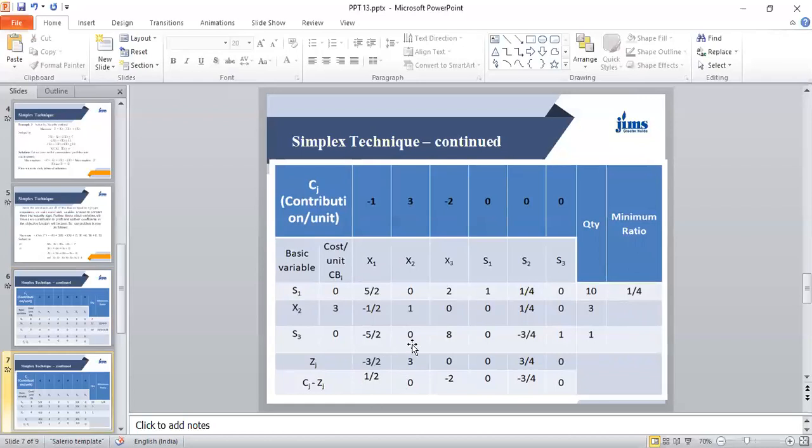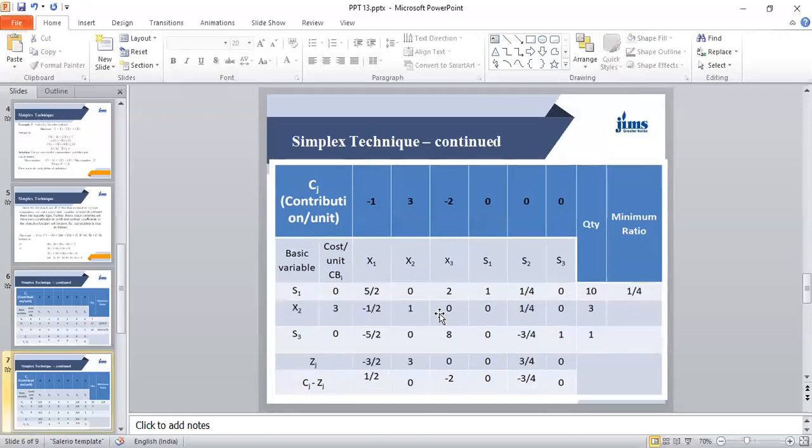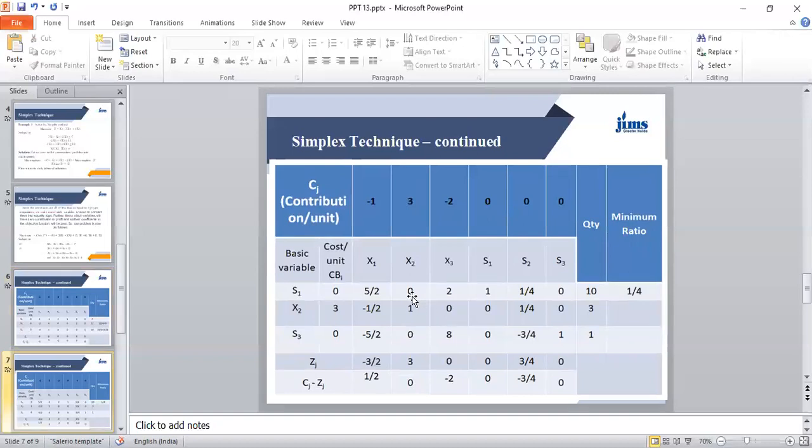Now how can we calculate this value? You know the old value 3 minus 2 into minus 1. Minus 1 is plus, so it becomes minus 2 divided by 4. 3 minus 2 by 4, 3 minus 1 by 2 is equal to 5 by 2. So this becomes 5 by 2. And in the key column, except the key number, every number becomes 0 in the next table. So this becomes 0, 1, 0. All other numbers will be 0, 0, 0.